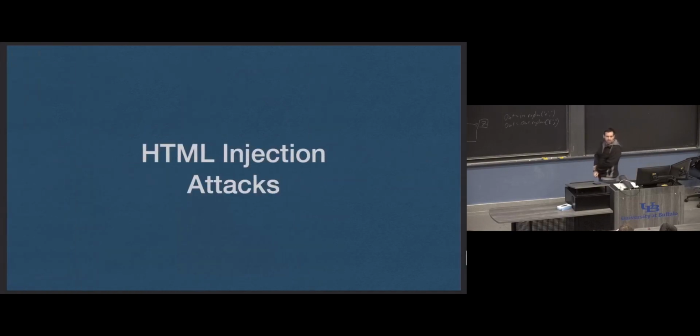Get into today's content. HTML injection attacks. This is a very, very scary attack because it's very easy to pull off, but luckily it's also very easy to prevent against. But it's something we need to be extremely aware about because if you release something that's vulnerable to this attack specifically, your app will go down in potentially minutes. As soon as somebody gets their hands on your app, it's just gonna be a mess. I know because I've done it before. Releasing a site that's vulnerable to this to a group of students, they'll absolutely destroy the thing.